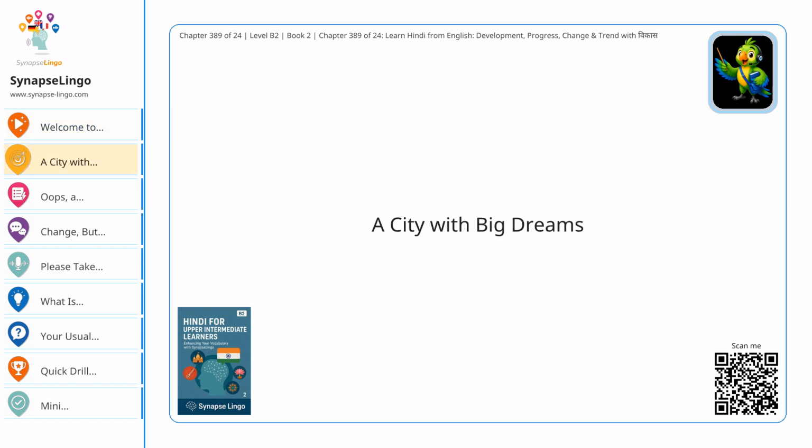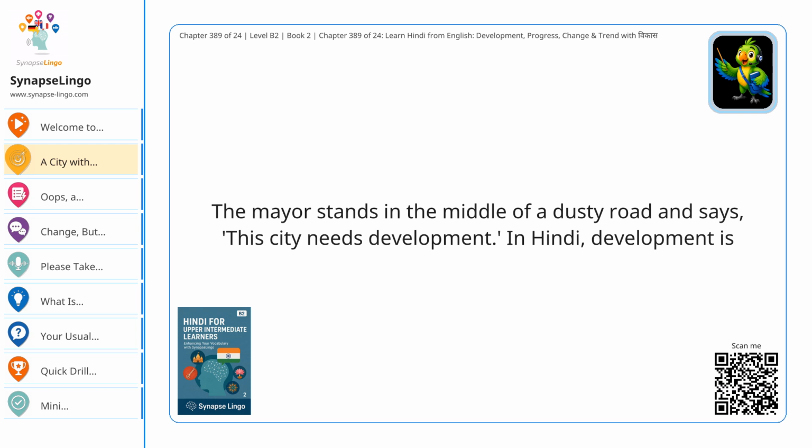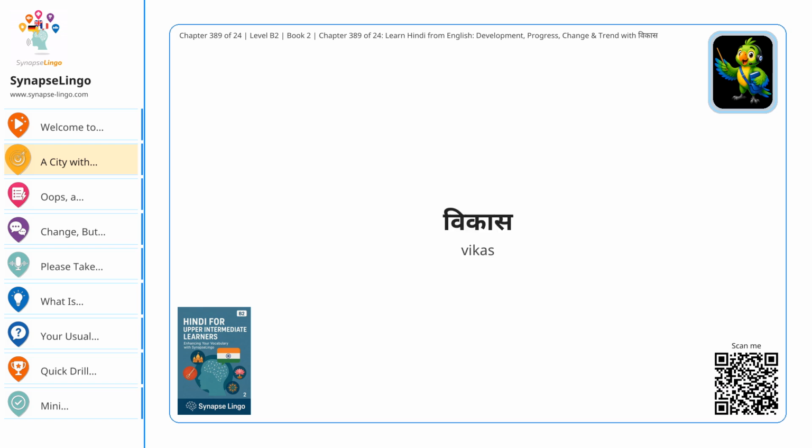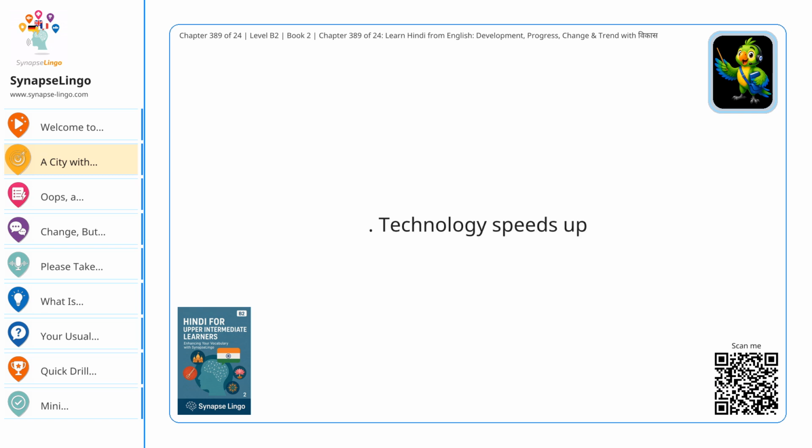A city with big dreams. Let's begin with a tiny town that badly wants to become important. You know, like a village applying for its own logo. The mayor stands in the middle of a dusty road and says, "This city needs development." In Hindi, development is विकास, the city needs विकास. Soon there are new roads, schools, and parks. Education supports विकास. Technology speeds up